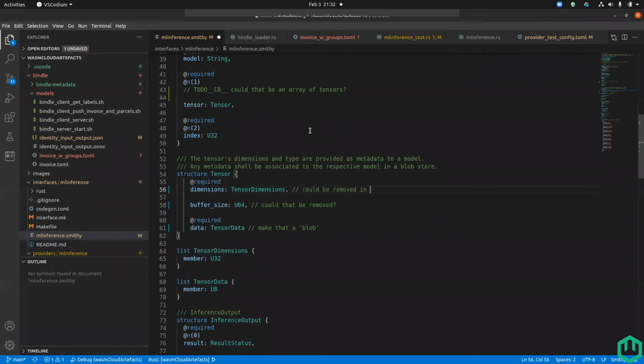I had another thought about the tensor data that I didn't realize until you showed the metadata. If that's a blob and you're going to deserialize it based on the data type, like F32, then I think that F32 type should be part of the interface. Because if you've got an F64 or U32 for the data type, you're going to deserialize it a different way. And it sort of feels like that should be part of the tensor structure that you pass over to tell the receiver how to